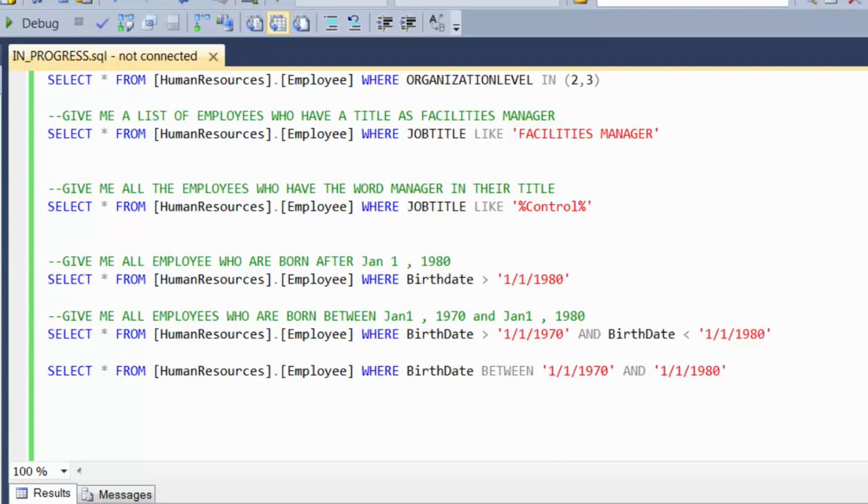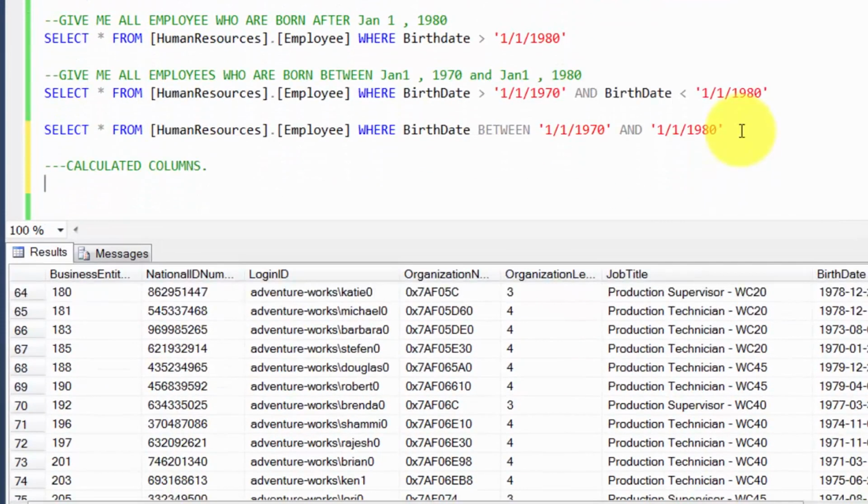Okay, so let's proceed. Here I wanted to throw in a new concept called calculated columns. And as the name suggests, it's nothing but you introduce a third column which is not a part of the table based on certain columns that the table already has, right? So for example, if a table has the quantity and the prices for each quantity, you could perhaps introduce a third column and call it whatever, quantity multiplied by the price, something like that.